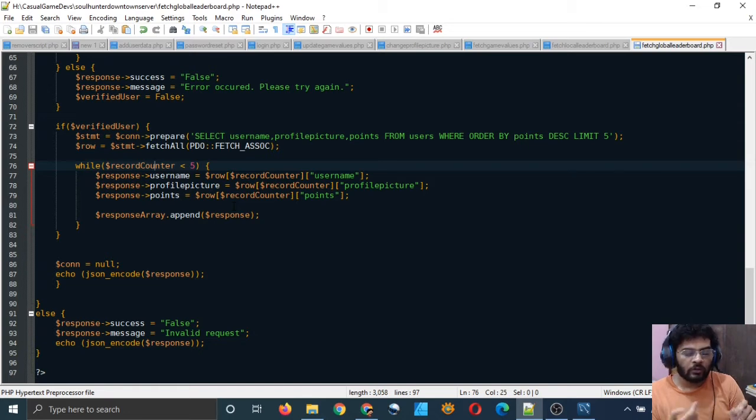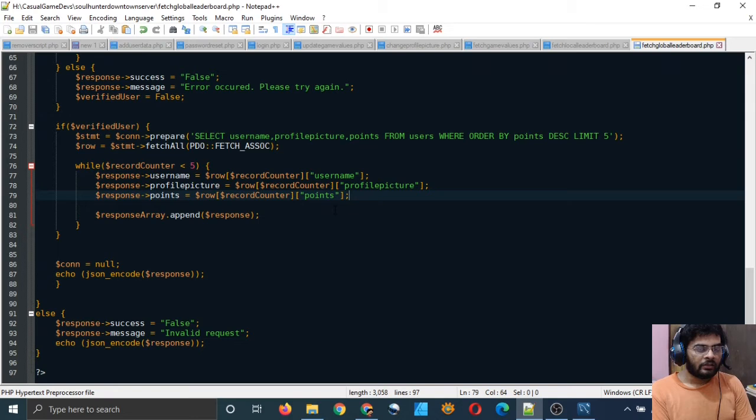This loop will run 5 times, but we have not updated the $record counter variable anywhere, so its value is always 0. So this loop will run infinitely.